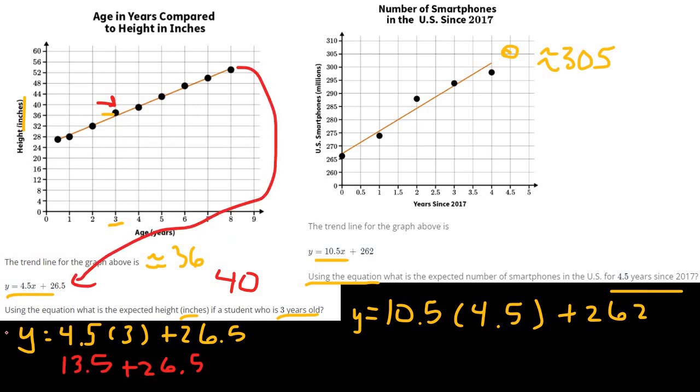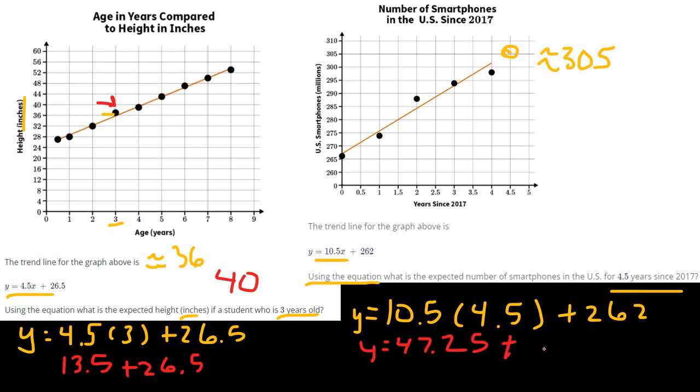Now normally if we use technology, this trend line and this equation should be the same. But apparently when the equation or the trend line was drawn, one of the two had to be done by hand, because they're not perfectly matching up. So 10.5 times 4.5 is 47.25. And we add that to 262. And that gives us the answer of about